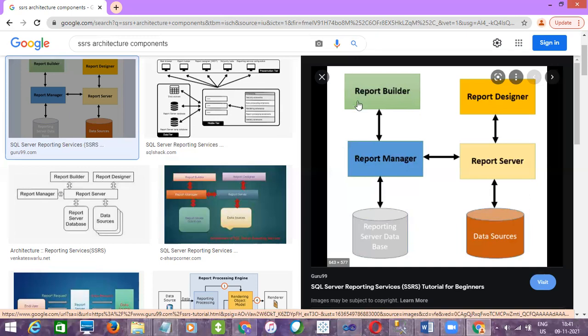But this is not user friendly, right? You will not get much options in the Report Builder, whereas using Report Designer, you will get all the developer features to use. Okay, those are the differences, but in real time we'll use Report Designer only. Maybe the end users who want to create some ad hoc reports based on the data can use Report Builder, right? And then see, to create any report you need data, right?